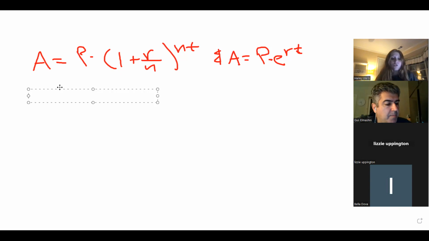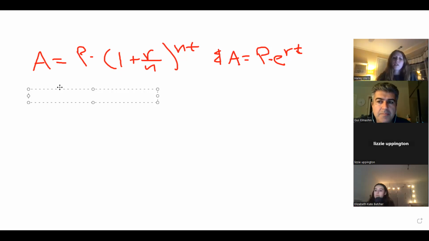Okay. So let's see here. For N, we don't always have to use it, right? If it's compounding continuously, you don't use the second equation. But if it's compounding in a certain interval, so let's say this: